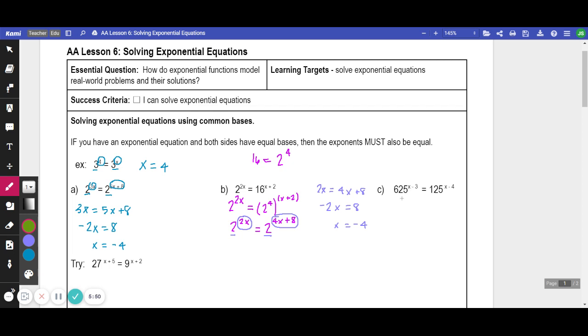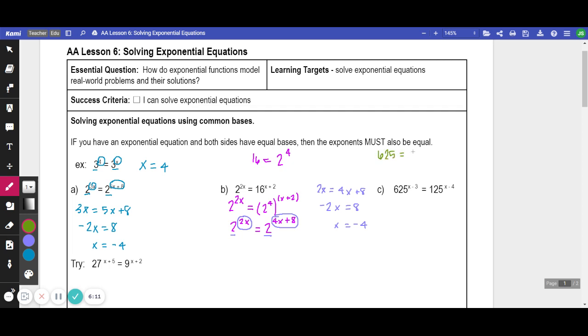If it's an even number, try 2 and 4. If it's an odd number, you could try 3s and 7s. If it ends in a 5, it's going to be 5. And then you're just going to have to guess and check in your calculator because you probably don't know 5 to a power that equals 625 off the top of your heads. But 625,